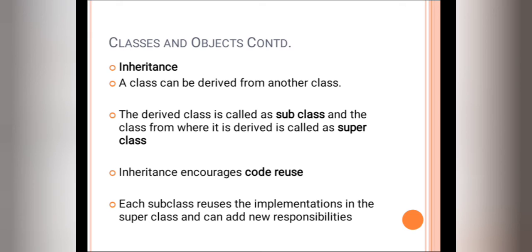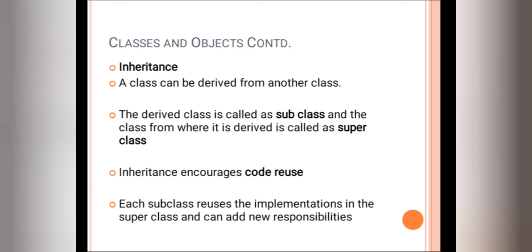For office chair, all the attributes and methods of the superclass chair can be accessed by office chair, they are common for office chair. So we will not rewrite it. We will not again declare these attributes. So we will not rewrite the code for office chair. We will only inherit the attributes and methods of the superclass. So inheritance encourages code reuse. We will not rewrite again and again all the members of the superclass.